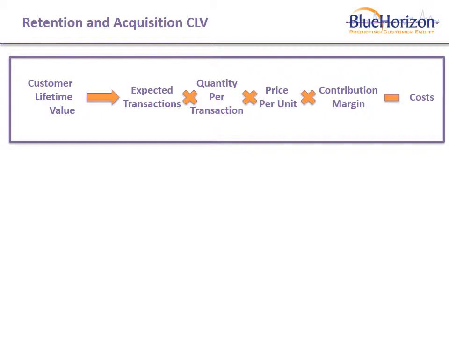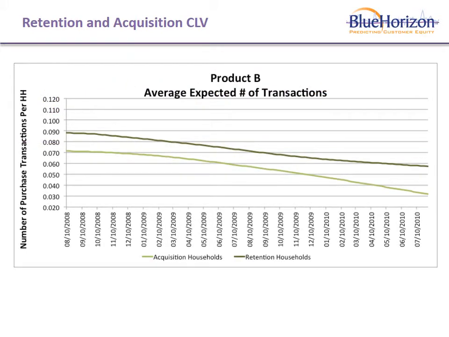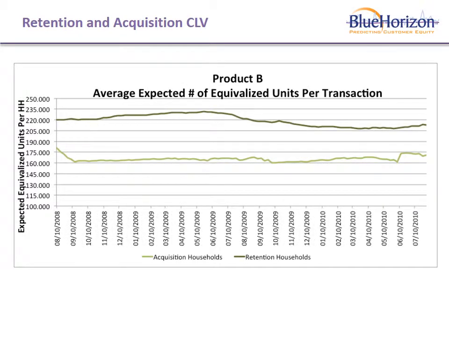Blue Horizon produces each of these elements of customer lifetime value for customers that are new to the category or brand or need to be reacquired, and will show those as a light green line. And the same elements of customer lifetime value are calculated for customers that are retained. We show those here as the darker green line. For brand B, from the pilot test, the expected number of transactions from both groups were predicted to decline. The size of each purchase was expected to be higher for the retention group customers, but was headed for a little slump based on the current marketing and purchasing patterns.